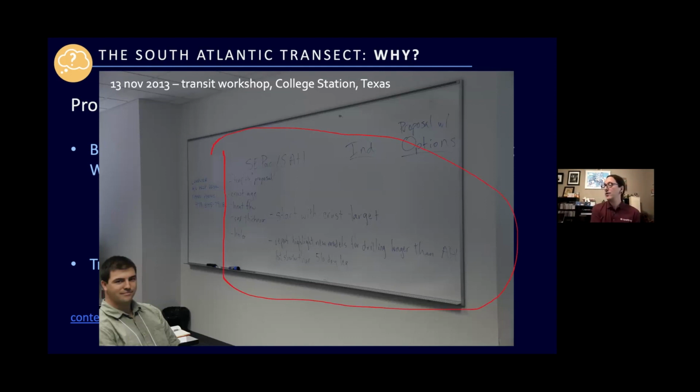This is what we were talking about at the time, a more generalized TRANSECT. This is before we had the proposal in its final form. You can see the writing on the board from that workshop back in 2013. It talks about the South Atlantic and doing a TRANSECT, thinking about crustal age and heat flow, and how sediment thickness might influence processes of crustal aging and hydrothermal flow. I thought it was really cool that that's actually what we will end up looking at, I guess ten years later, when we finally go on this expedition.